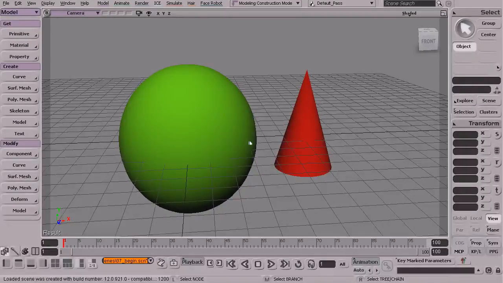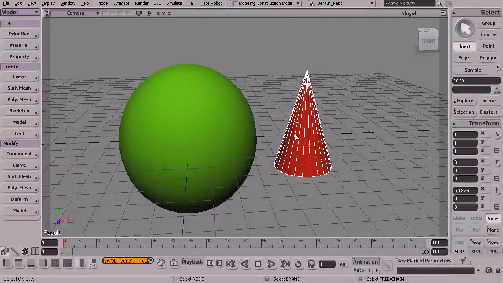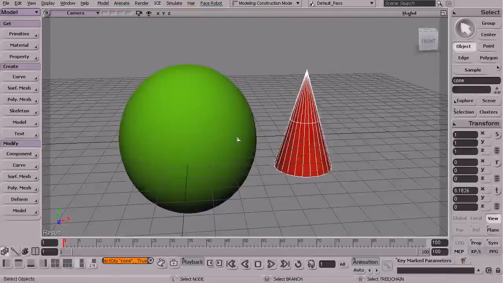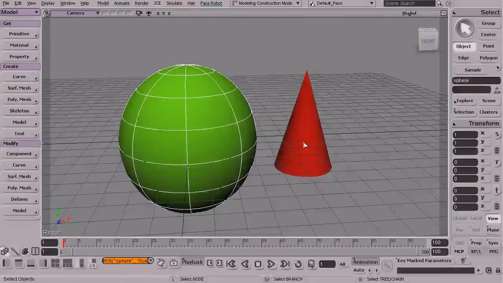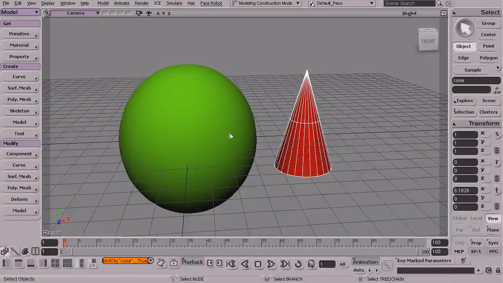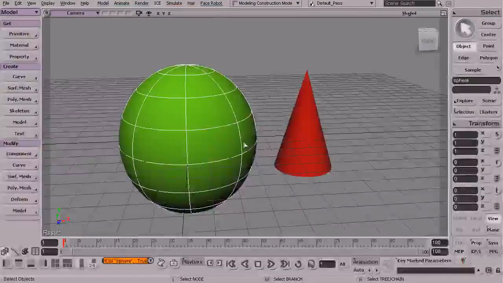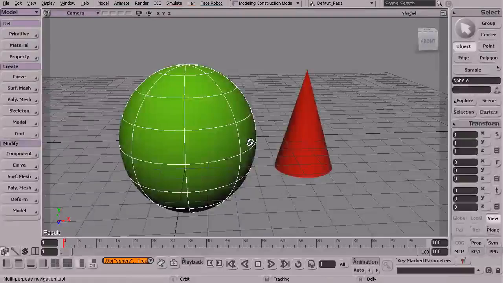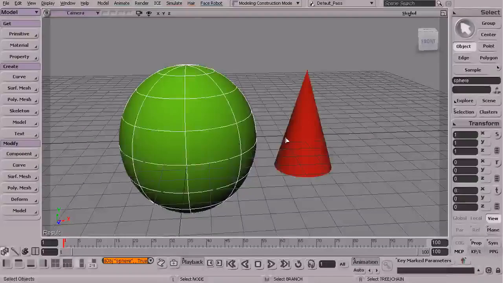Like I said, we're going to talk about the process of selecting and moving objects inside of Softimage. The process of simply selecting an object at first glance might seem very simple. Just click to select it. But as we'll see in just a moment, this is a little bit misleading because the process of selecting objects can be a little bit tricky at first. So let's talk about the process of moving objects first, and this will lead us into the discussion